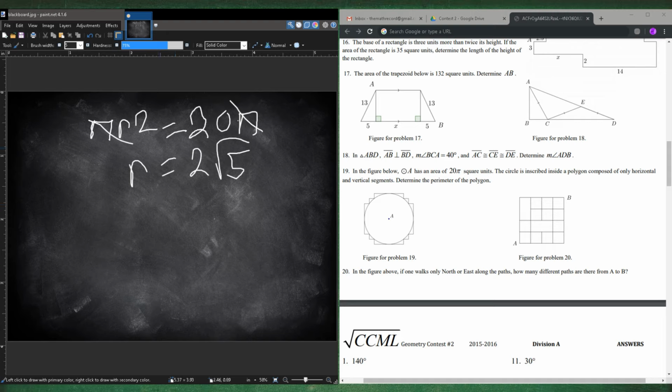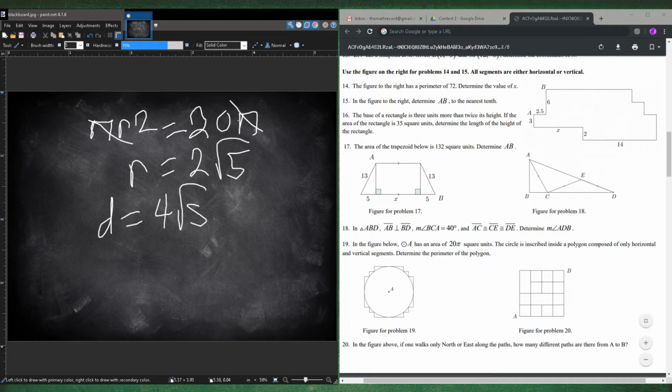So that means the diameter is 4 square root 5. If you think about it, if you calculate the left and right side, they're basically the same thing, because technically it looks like a reflection. So the side length of the left and the right is both just equal to the diameter. If you think about it, it makes sense, because as I said before